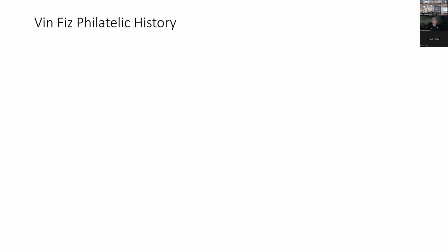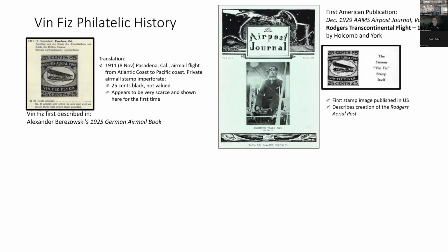Now, let's look at it from a philatelic point of view. As mentioned, the stamp that was affixed to the umbrella factory addressee, if you will, gets described in the 1925 German airmail book with a sort of terse description of what the stamp is, but this is the first time it's ever discussed. And you can see the time that lapsed between that postcard and its discussion in the philatelic literature is a significant amount of time. It's described in the United States in the December 1929 American Airmail Society Air Post Journal, and